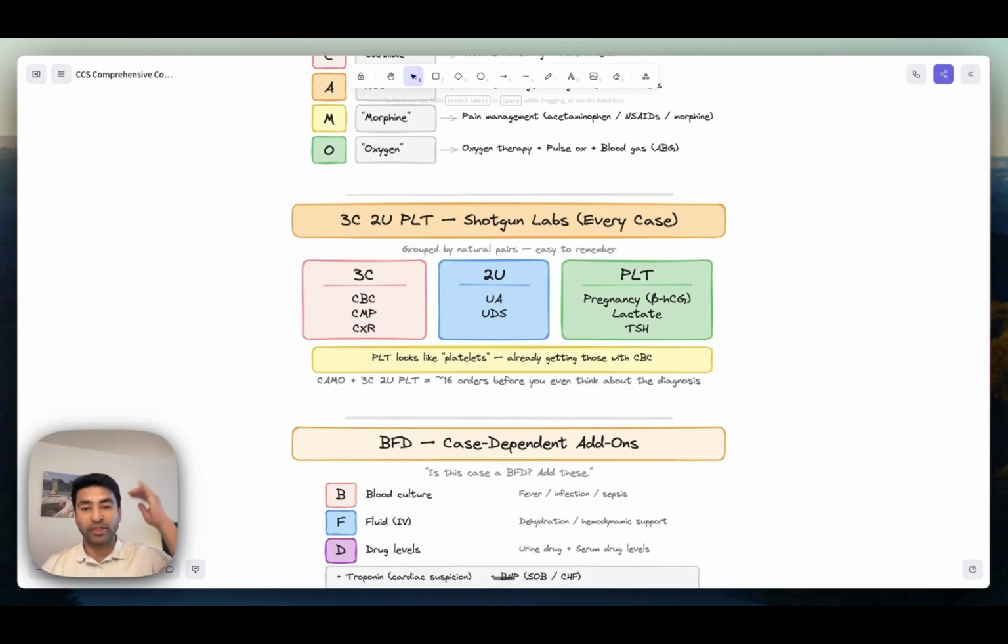The next one that I remember is 3C, 2U, PLT. And PLT as in like platelet, but not actually platelet. But if you want to get it, it helps you remember to think coax. So